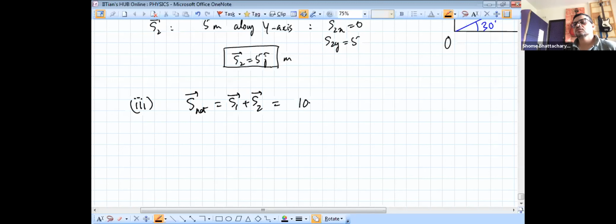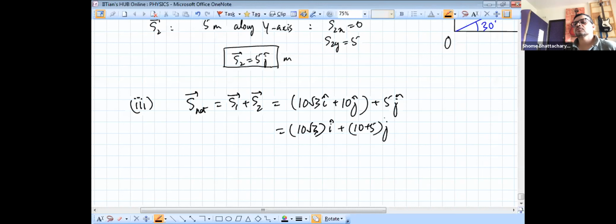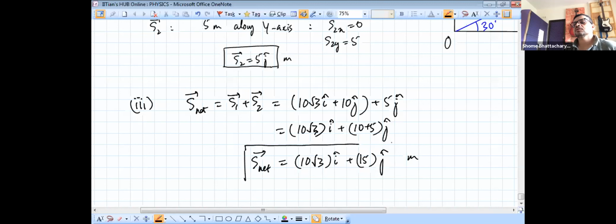So this is 10 root 3 i cap plus 10 j cap plus 5 j cap. So as you can see, this will become 10 root 3 i cap plus (10 plus 5) j cap, plus 15 j cap. This is the net displacement in component form,